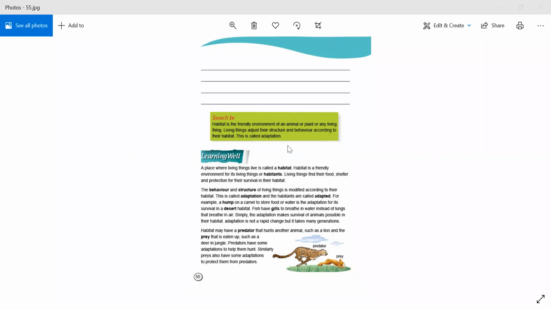For example, human beings as well. We have our houses where we live. Camels used to live in deserts. Sea animals used to live in the sea or water, and birds have their trees and they used to live there. So this is basically called what? Habitat. But when coming to adaptation, adaptation means that living things are going to adjust their structure